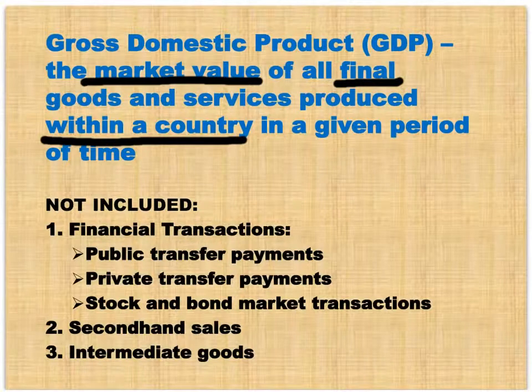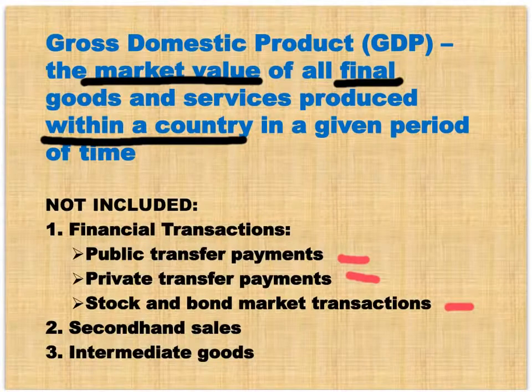What does GDP exclude? Well, it excludes all financial transactions because that's just pieces of paper. We're trying to measure production, and financial transactions don't really have anything to do with production. There are three kinds I've listed here. One is public transfer payments, like Social Security, where the government transfers wealth from a working young American to an elderly retiree, for example. Private transfer payments are when maybe your grandmother gives you money. There's still no production associated with that.